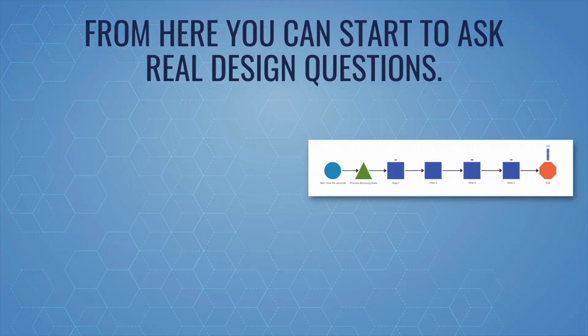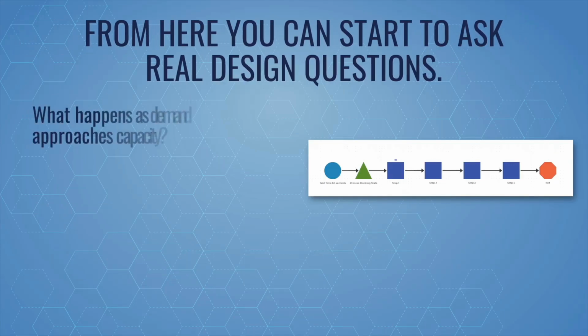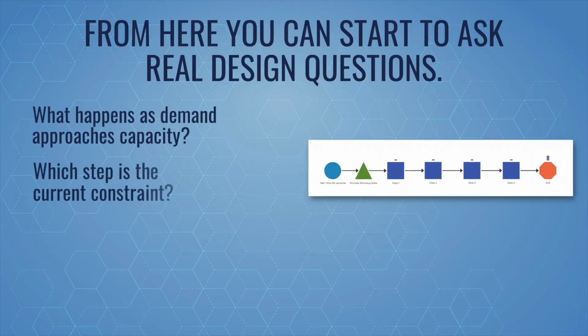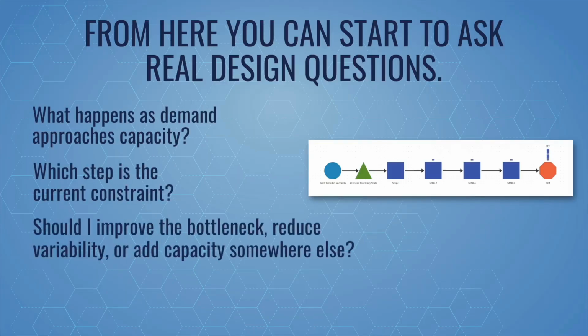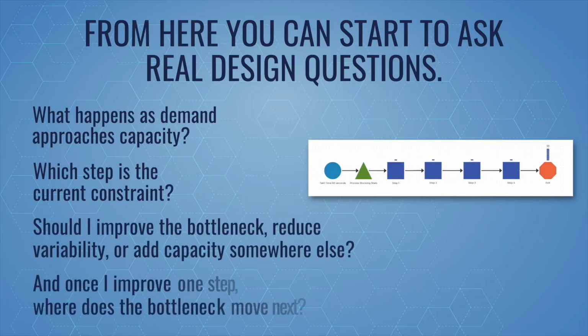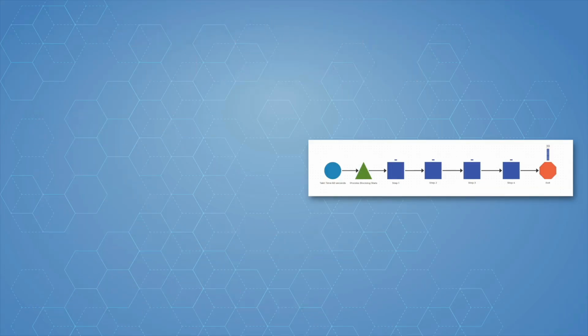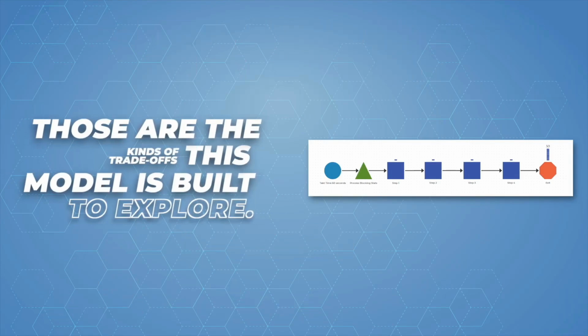From here, you can start to ask real design questions. What happens as demand approaches capacity? Which step is the current constraint? Should I improve the bottleneck, reduce variability, or add capacity somewhere else? And once I improve one step, where does the bottleneck move next? Those are the kinds of trade-offs this model is built to